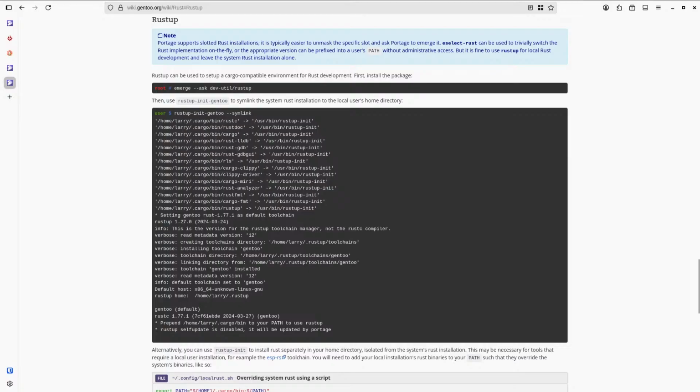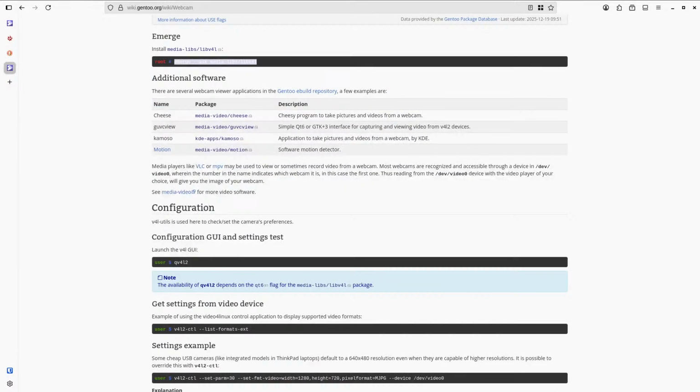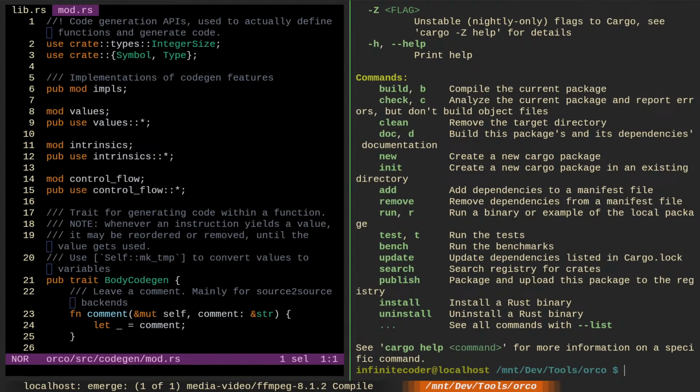So there is rustup. eselect rust. But it is fine to use rustup for local Rust development and leave the system Rust installation alone. Gentoo is like, you can use our package manager to install multiple versions of Rust. Don't worry about that, but you can still use whatever.